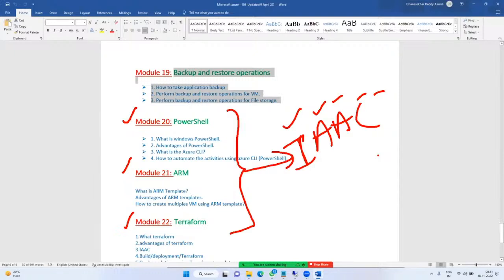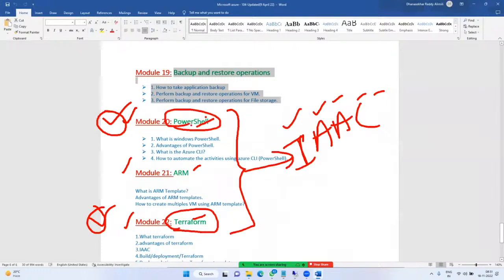IaaC in the sense, we can say automation. How to automate the services in Azure cloud, that we'll see: PowerShell, ARM, Terraform. PowerShell and Terraform, these two are quite common if you go for any Azure cloud computing. Not only in Azure, AWS and Google are the same.